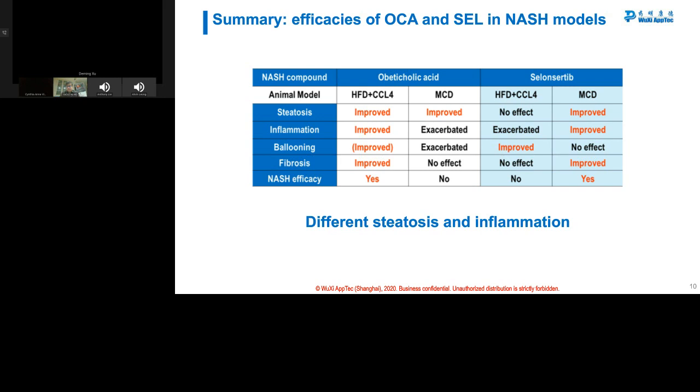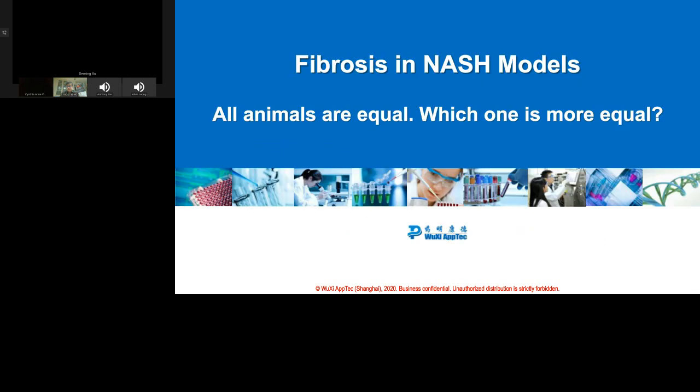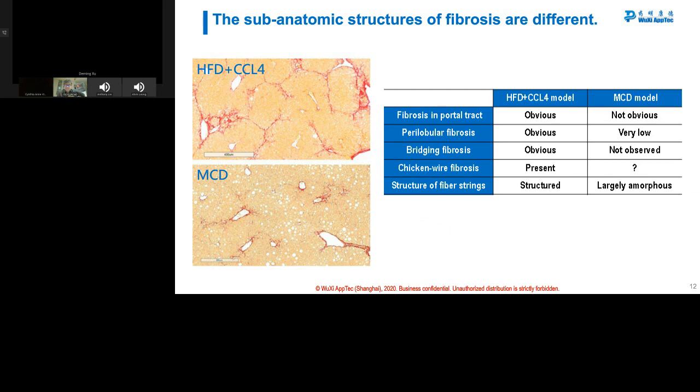Okay, so now let's take a look at the fibrosis. We want to see how different the fibrosis is. So again, the question is, which one is more relevant? Okay, so next slide. This is the Sirius red staining of the liver sliced from high-fat plus CCl4